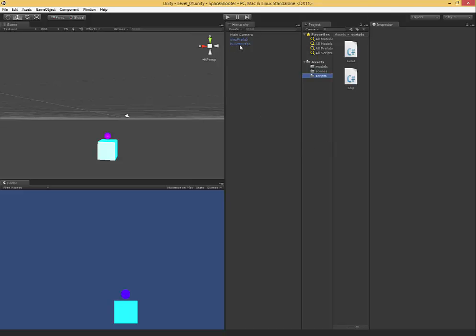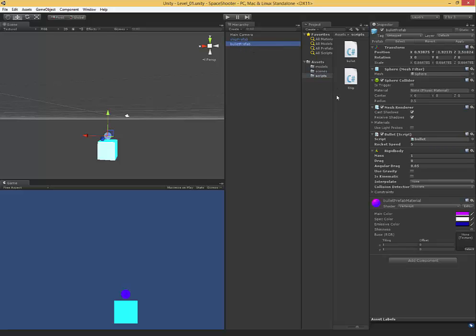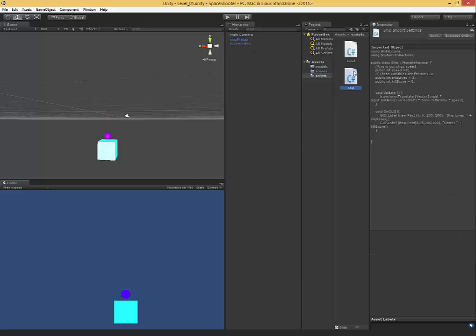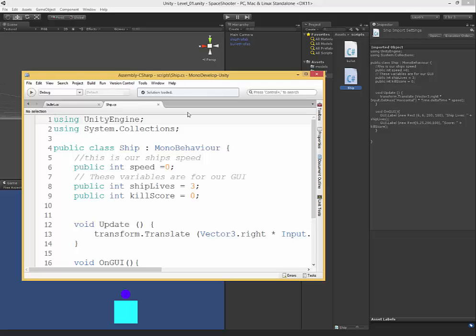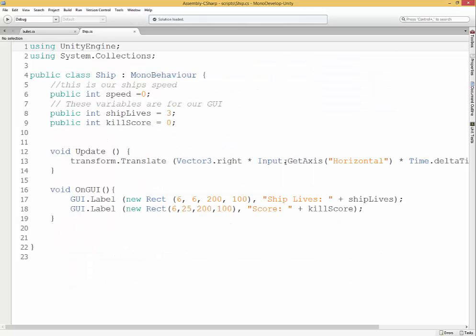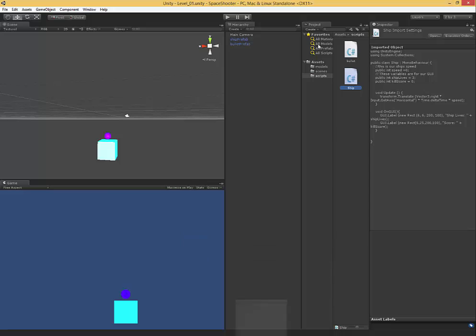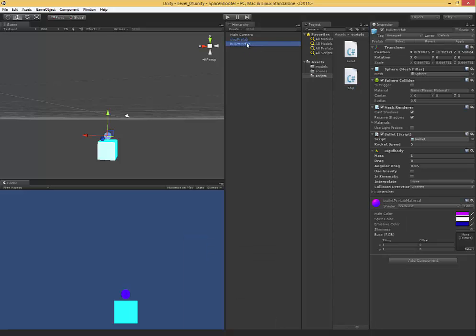Alright, so I'm going to go ahead and delete my bullet prefab from here. Or, we'll leave it in there for a second. I'm just going to open up my ship script. And what we're going to do is create the code where we hit the spacebar and it fires our rocket. Now, if you remember from the last tutorial, the bullet prefab